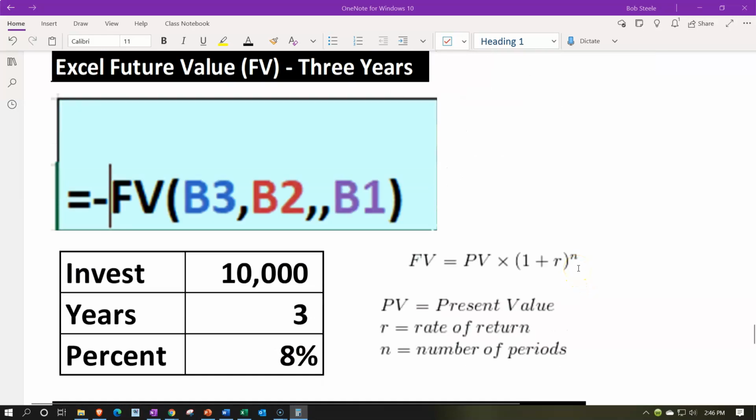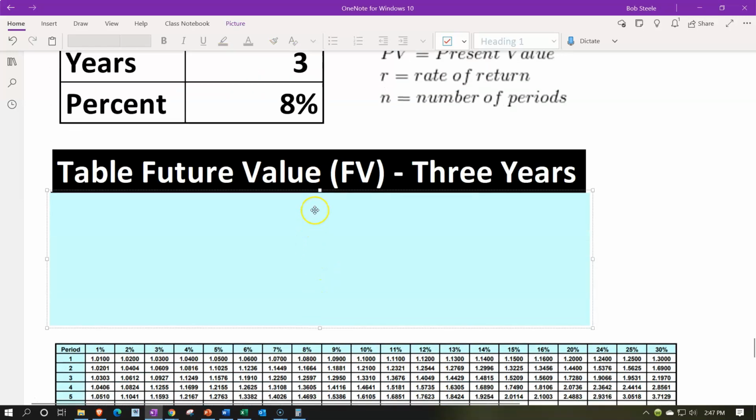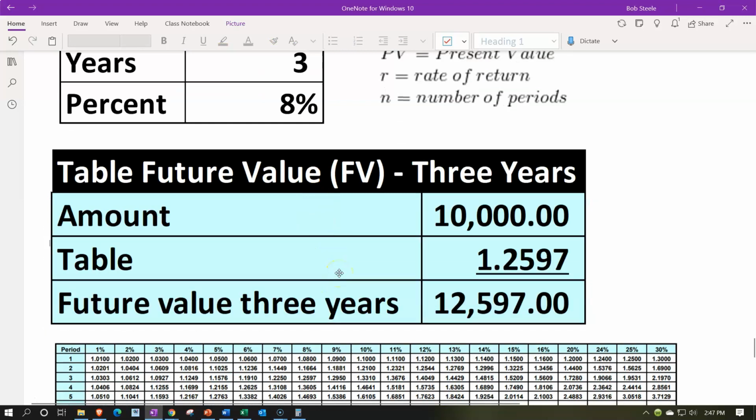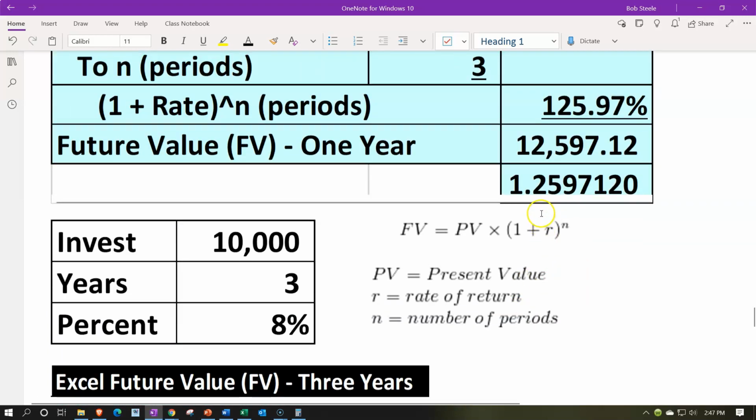So then if I go back down, now if I did this in terms of Excel, which would be similar to a financial calculator, I believe the first one's the rate. I don't have the little description here. The rate, and then comma, we would then have, I believe, the number of periods, which in this case would be 3, and then the payments, which is 0, which you can reflect by having, instead of a 0, just 2 commas, which would then take you to the present value, which I believe is the 10,000, once again calculating the same amount. We can use the tables then, which would, let's just delete this, be the 10,000 times the rate. That rate, 1.2597, is close to the rate we got up here,